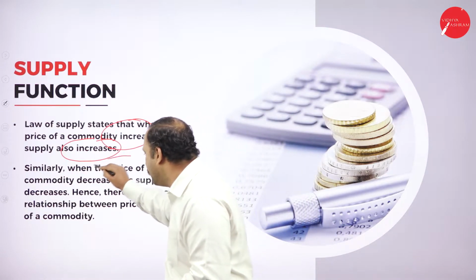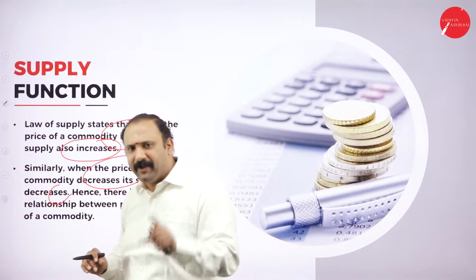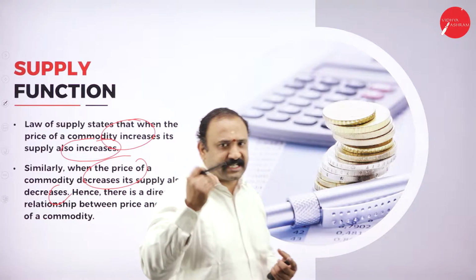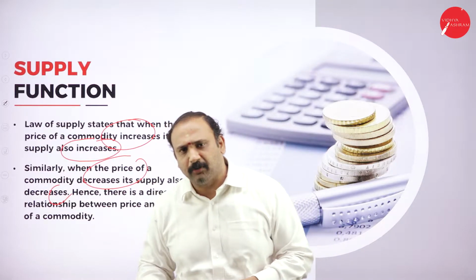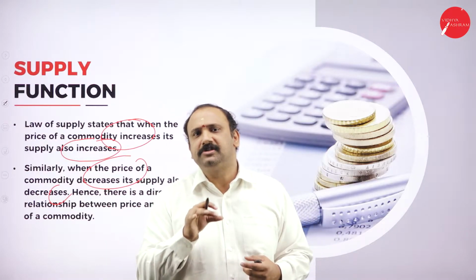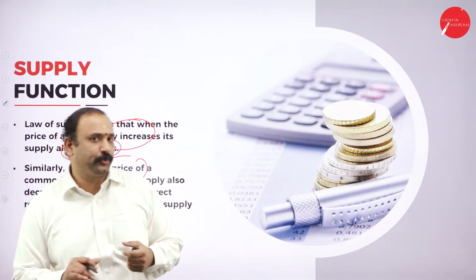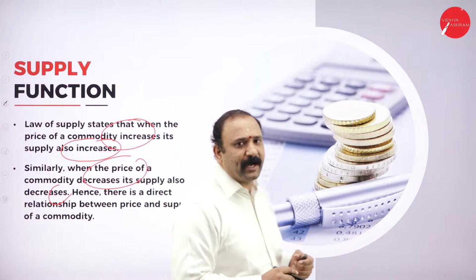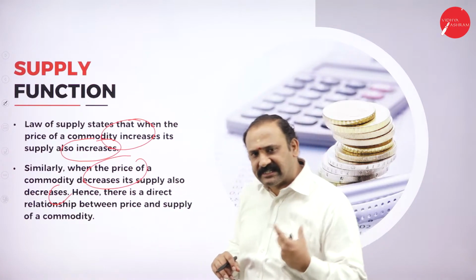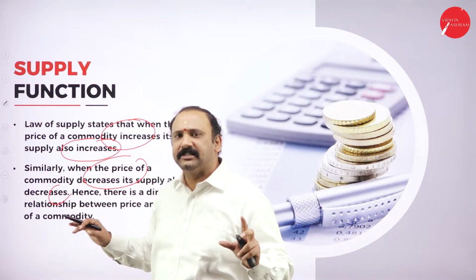Similarly, when the price of commodity decreases, its supply also decreases. Quite a straightforward relation. The moment the price of the commodity starts coming down, there's not much demand for it, the prices started coming down, the supply will also be down. So that's why you would see that in the business of commodities, what is more important is that, are you a part of the market trend altogether? If you're not a part of the market trend, your product is not in action right now, automatically the supply will also be forgotten. So automatically people will say that, yes, I'm not interested in this product.